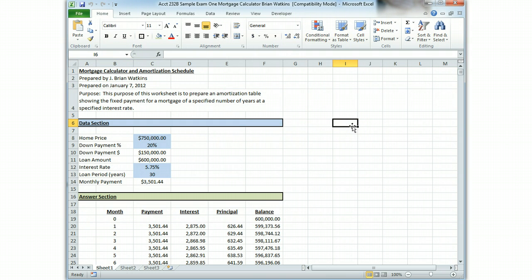The title of each spreadsheet shall be in bold and underline. The name, you do the best you can to give it a good name. Mortgage calculator and amortization schedule works for me on this one. If you go through the sample exams, you'll know what to call it, but I'm looking for it to be bold and underlined. I am looking for it to be followed by, prepared by your name, prepared on the date you prepare it,